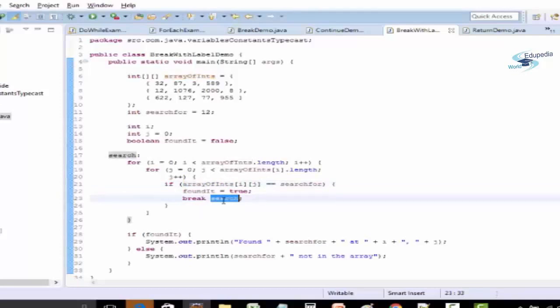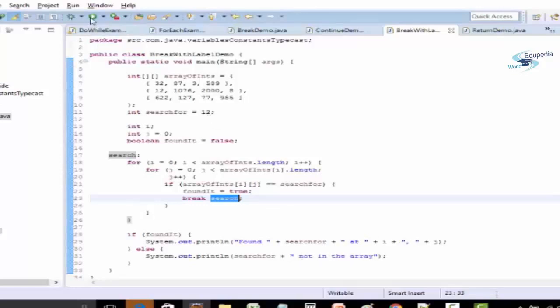Basically, if I found the number, I don't just want to break from the inner loop, but I want to break out from the outer loop. So to break out from the outer loop, I'm using the label named search and I'm doing break search. As soon as it finds the number, it will come out of both the loops. Over here I'm checking if foundIt is true, then it will print the number, and otherwise it will say it is not in the array.